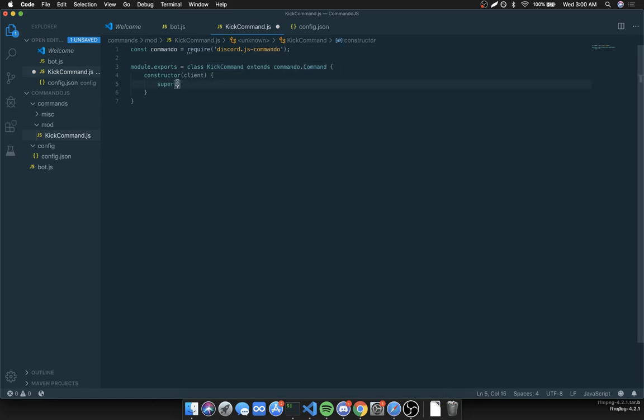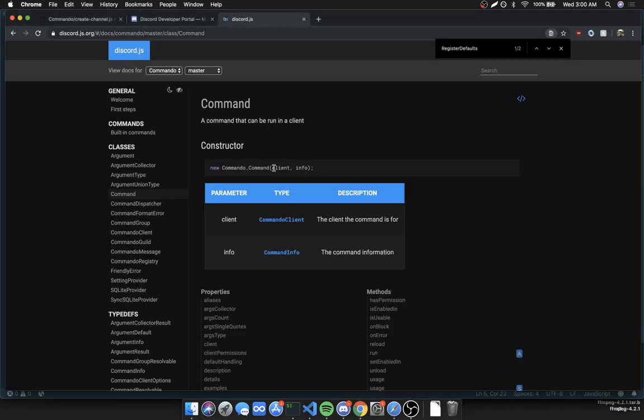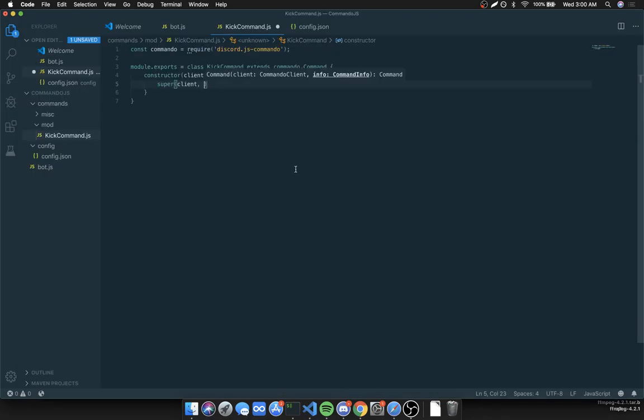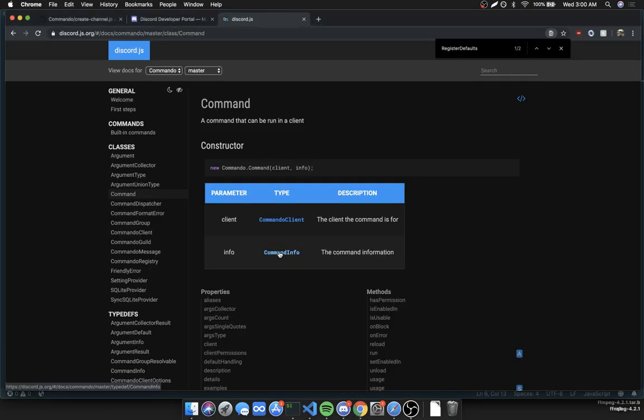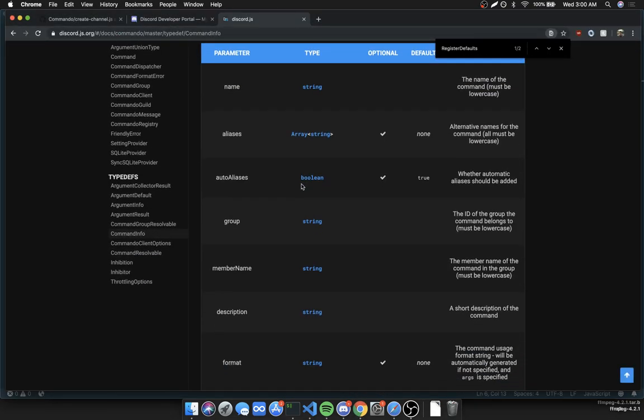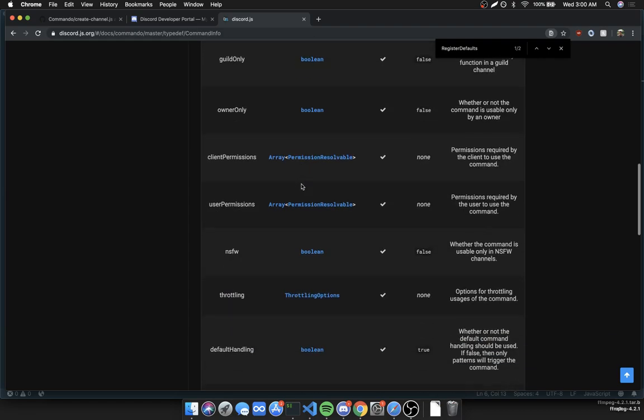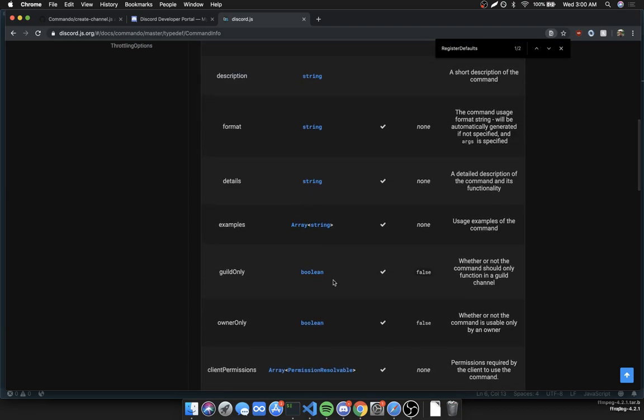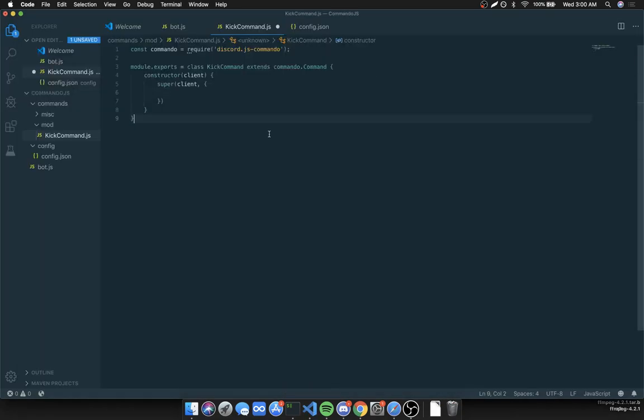So to do that, we're going to say super, and we're going to pass in client because the command constructor takes in two parameters. It takes in client and takes in the command info. So for the command info, it's just an object, and this object is going to literally be a bunch of properties that we can specify. So this is where all of the restrictions, all of the magic happens basically, right? We can specify what the name of the command is. So we can say name of the command is,